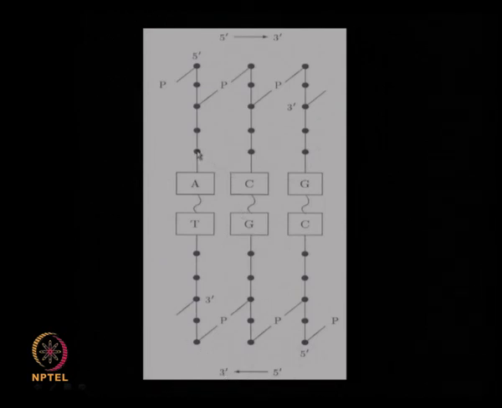So, you have the 5 carbon atoms. The last one here with the phosphate structure, it will combine with the third one here, and so on, like that these A, C, G, they will be combined by bonds like this, and here again 5 will combine with 3 and so on. So, this one is denoted as 3' to 5' end, this one is denoted as 5' to 3' end, and these always pair together. There is a double hydrogen bond between A and T and a triple hydrogen bond between C and G.